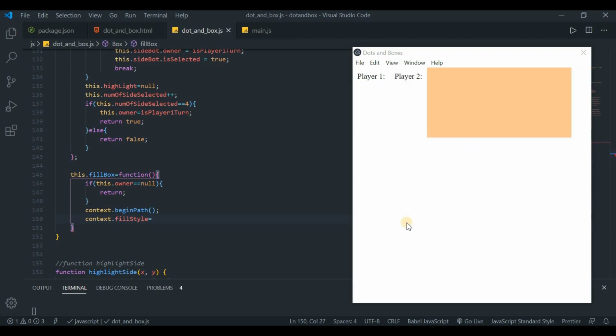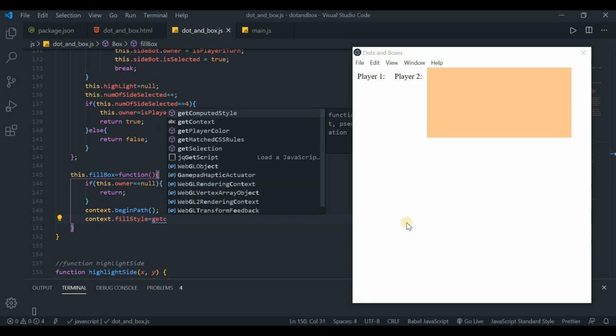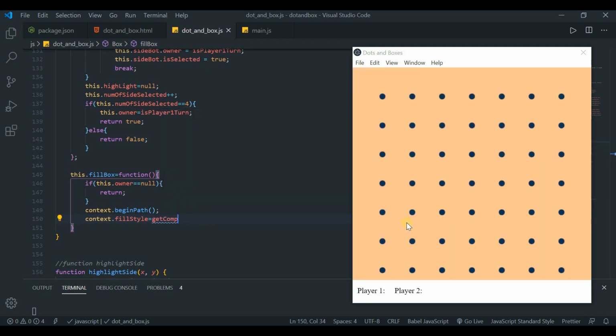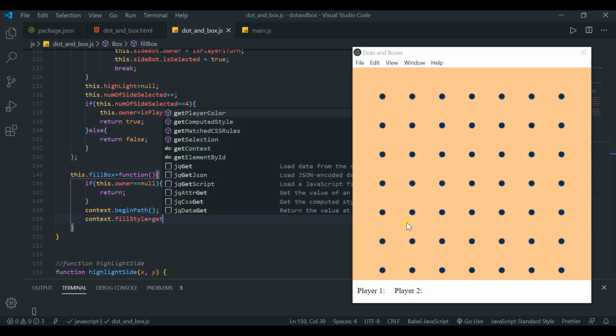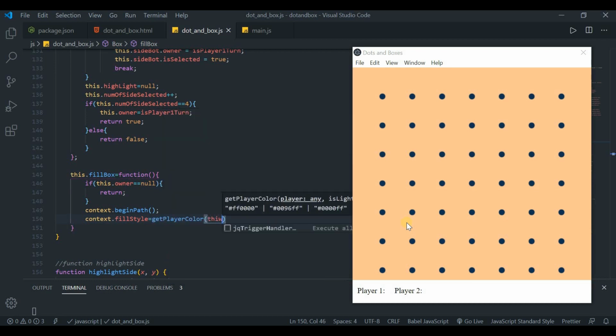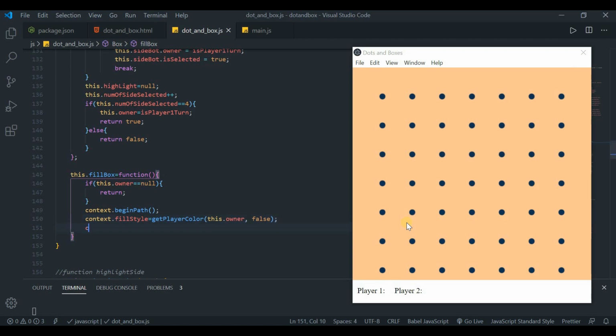That color we have to fill. So it will be the get color, get player color, right? Get player color, and that will be the this dot owner, and then if it is true or hide, so I want with the false, I want the dark color. Okay, and then context dot fill, so fill rectangle, and then this will be the position. So we want this dot x, this dot x, and when we'll take the this dot x, then it will